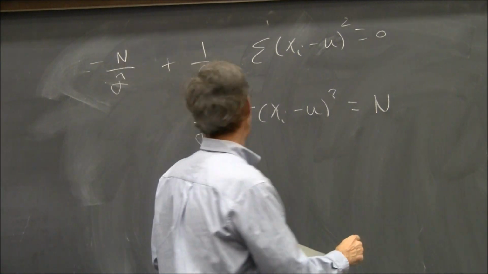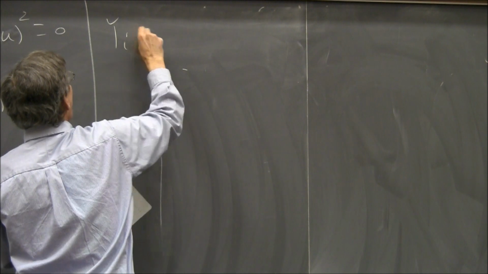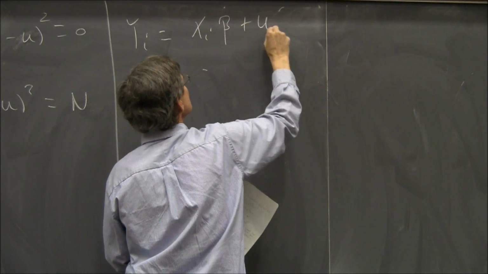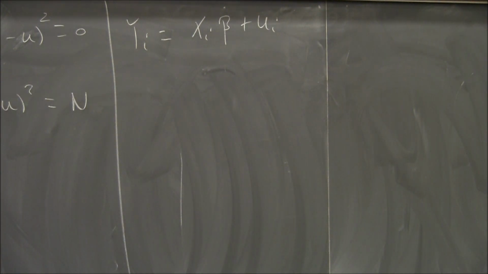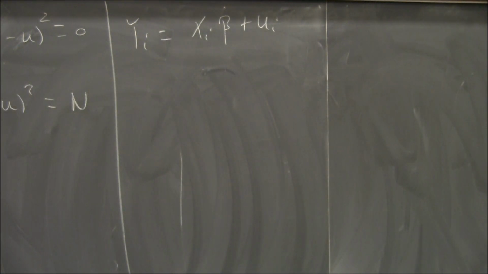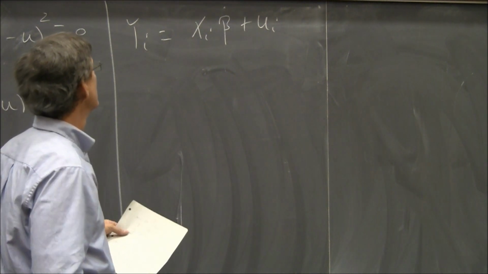Let's suppose yi, let's do a regression example. Yi equals, I'm going to leave out the constant just to make it easy. What's the maximum likelihood estimator of beta? What's the MLE of beta? I claim it's the least squares estimator, you already know. Let's prove that. The likelihood function for this